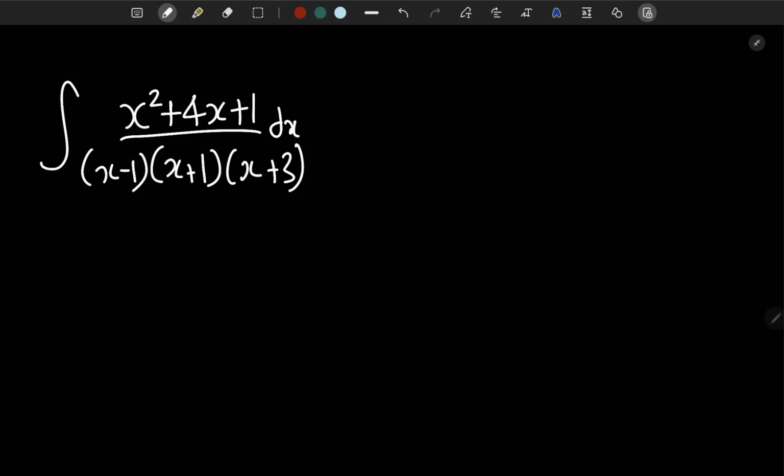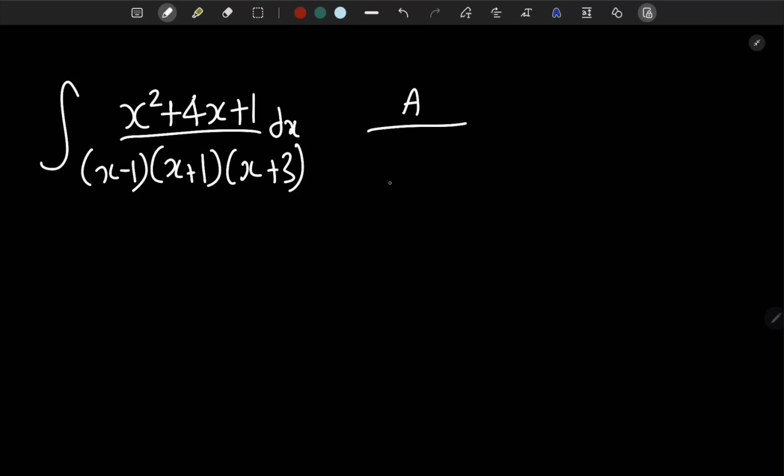And that's it. This is the answer. So you can pause the video and try to do the next example yourself. So here we have 3 roots in the denominator. So again, let's start with the most basic first step, which is: what is the highest power of x in the denominator? It's going to be x to the power of 3 once everything is multiplied. So this indicates that we have 3 unknowns. They are a, b, and c, and we know that we have 3 roots also. So 3 distinct roots, meaning that we will have